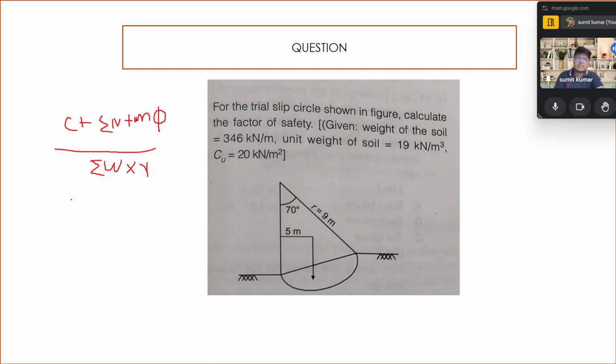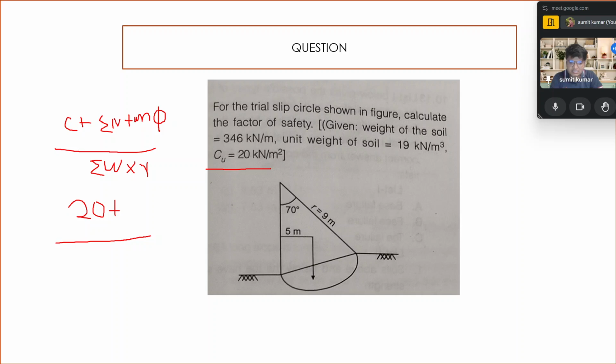So over here, the value of C is mentioned as 20. So you use the value as 20 plus summation of N. N is not mentioned over here. Okay, no problem. So summation of N tan phi is 0 for the case. Assume phi equal to 0. But now summation of